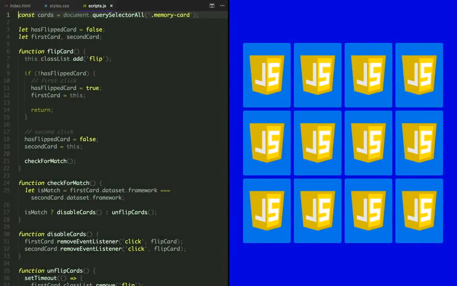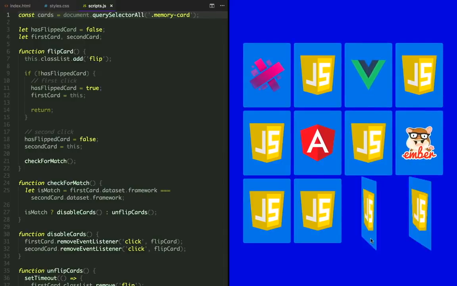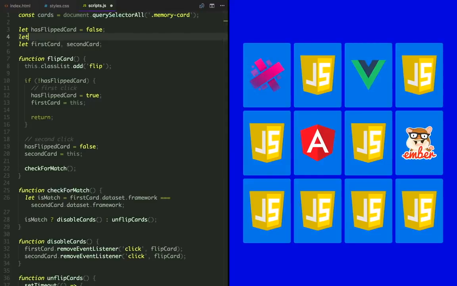Right now, our game is a bit buggy because there are some corner cases we have to take care of. One of them is, if we try to flip a second set of cards before the first set has finished unflipping, then that crashes our logic. So, in case it's not a match, we have to lock the board and wait until the cards finish unflipping.